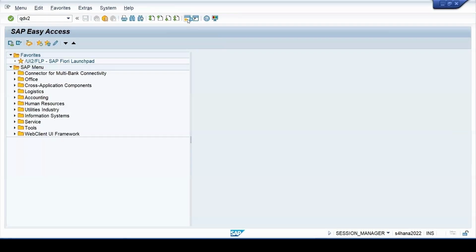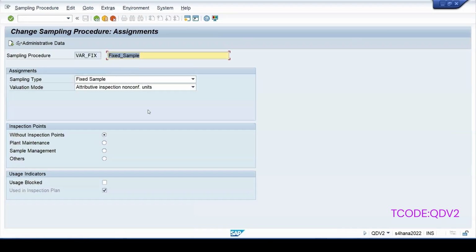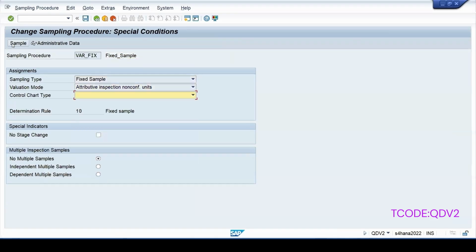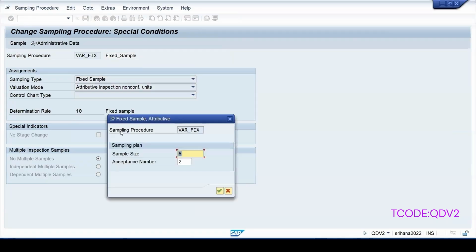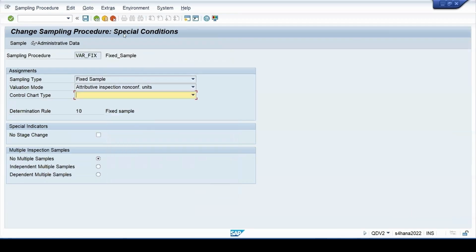QDV2 enter. Fixed only we are using. Sampling type is fixed. Attributive inspection non-conformative unit is selected in this. My sample size was 5 and the acceptance number is 2 here in this case.